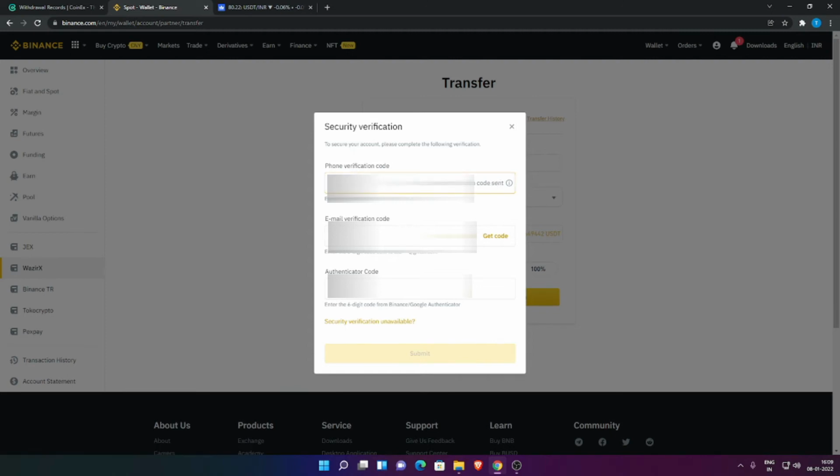So once that is done, it'll ask me for an email verification code. I will have that sent to my email address as well. So once I populate that, let me enter that here.